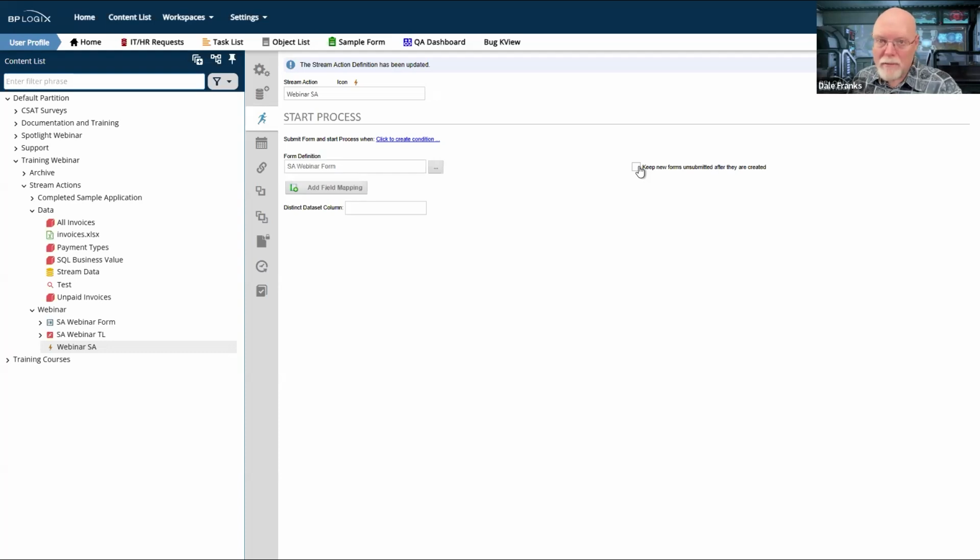So it will get a little more complicated from an implementation standpoint about what you're going to do with it. But we do have the option to have the form, have the process, all of that configured, but only create the forms, save them so that they were in a saved but unsubmitted state so that you could go back and presumably submit them manually at some later point in time.